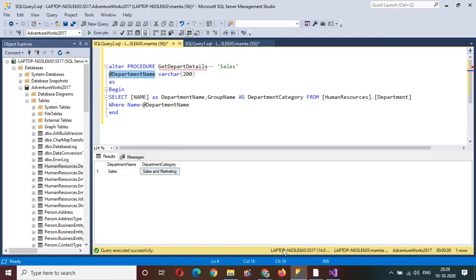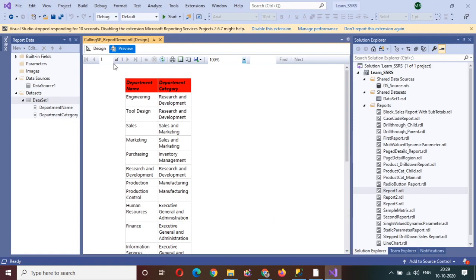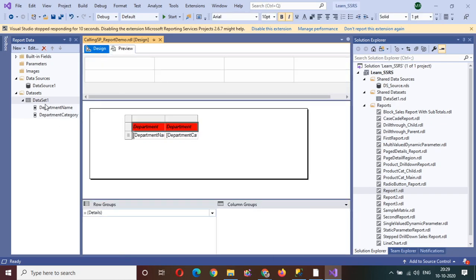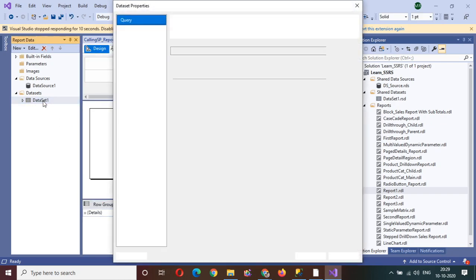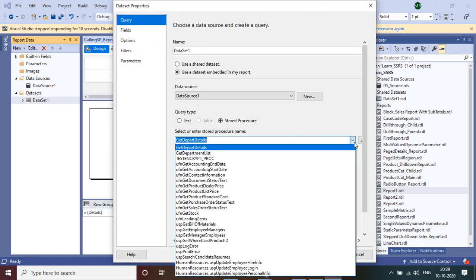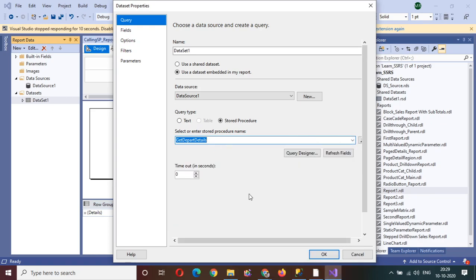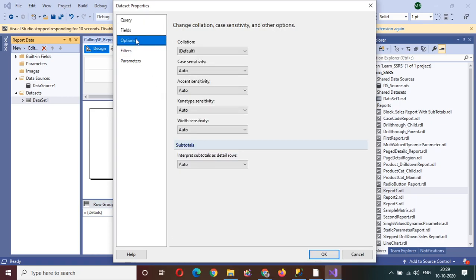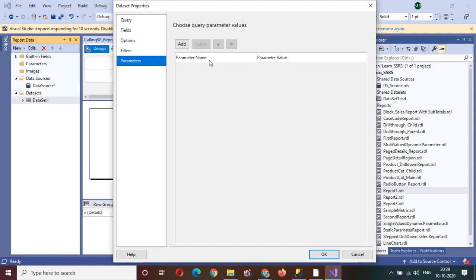Now we need to use this stored procedure in our SSRS report. We have already used the stored procedure, but we need to modify some things. If you see here, we need to refresh it, and you need to add one parameter here.